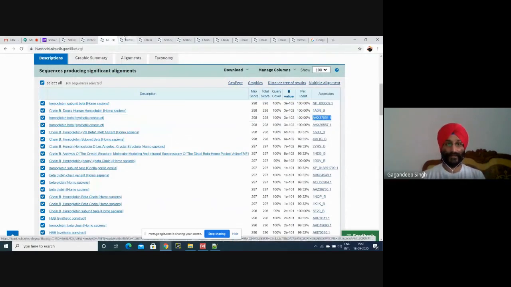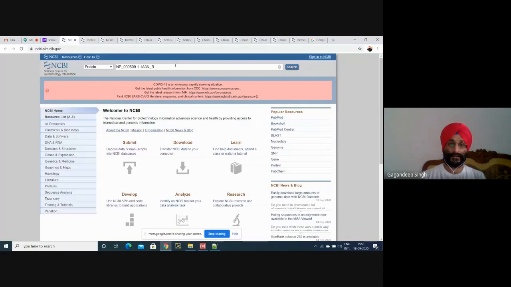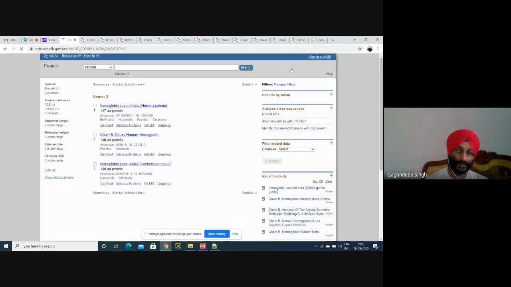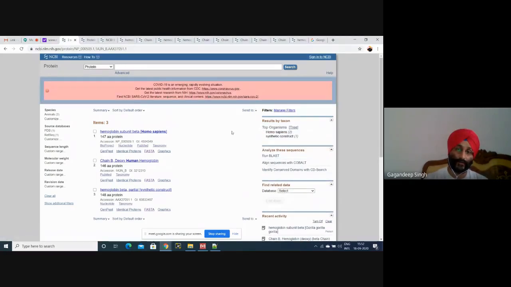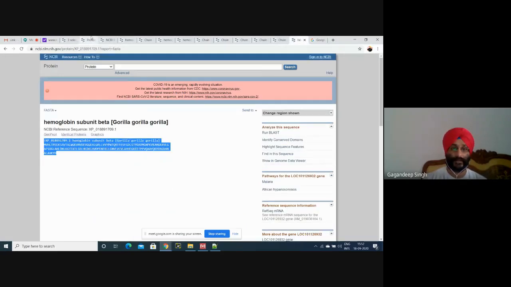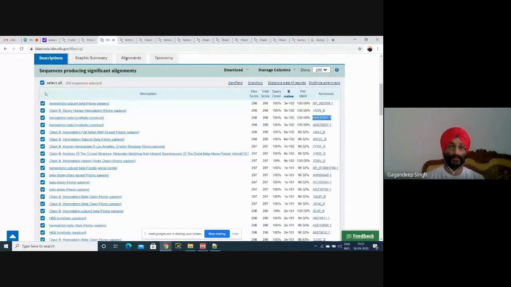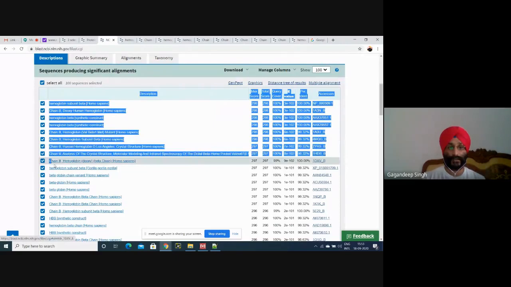Third, I'll just show you 2 or 3 sequences. For example, for 3 sequences, just search. Yeah, the 3 sequences, you can easily select and send to protein. How many sequences you require, just copy paste. But somebody will say we are wasting our time, one by one is a wastage of time. You can easily select like this,